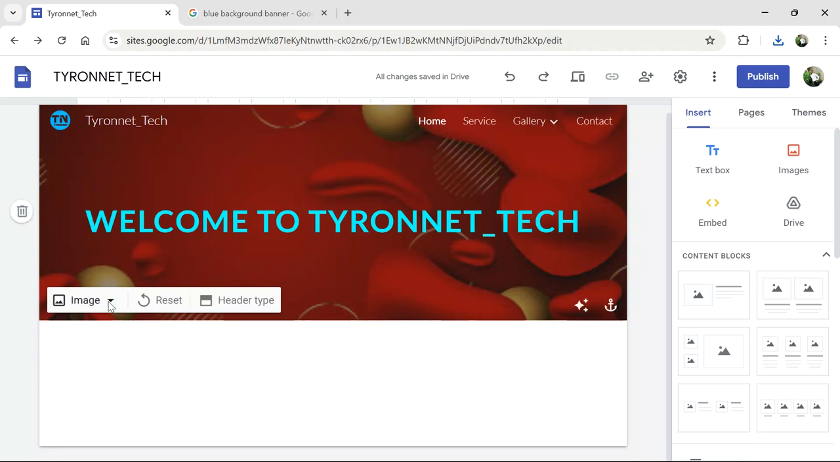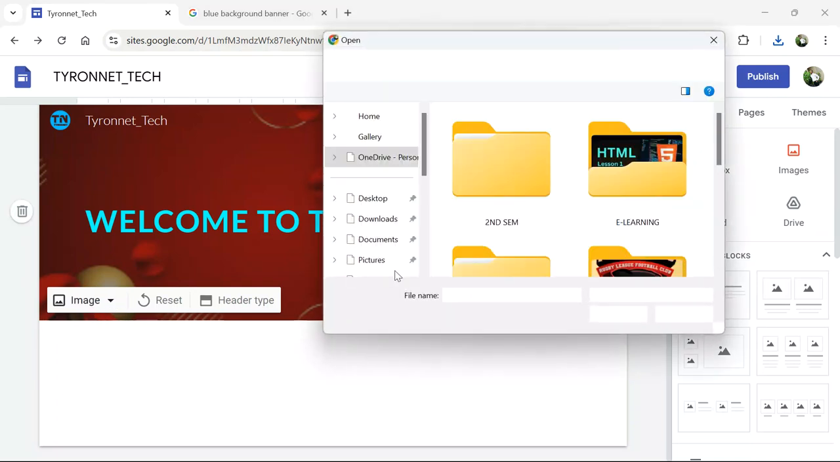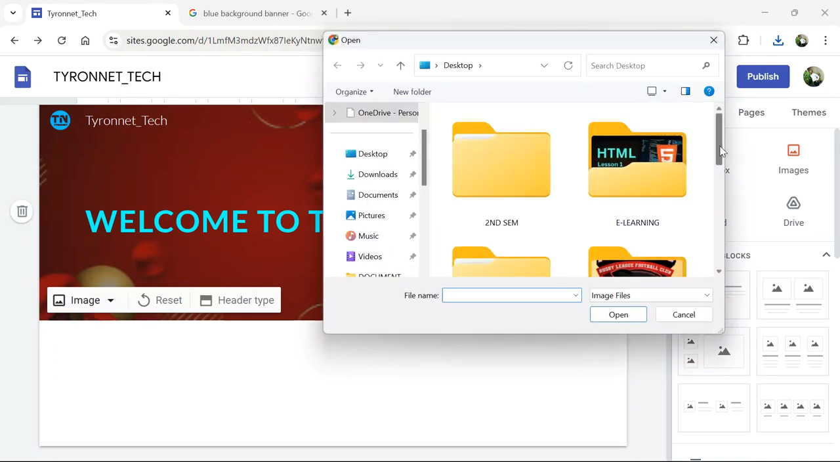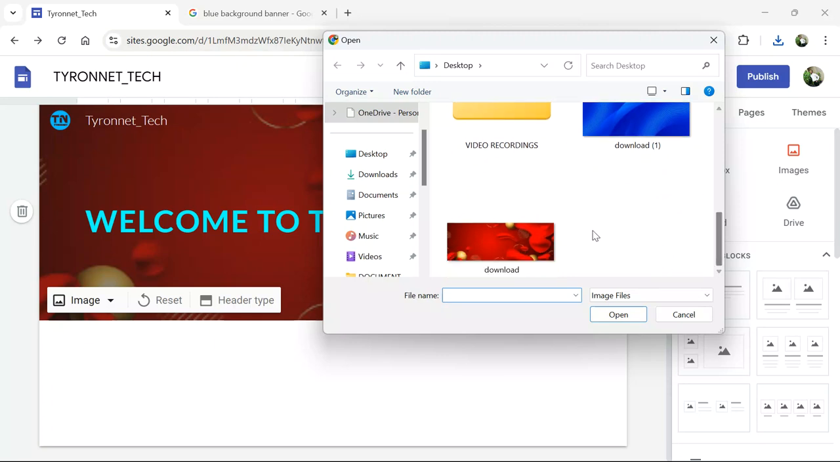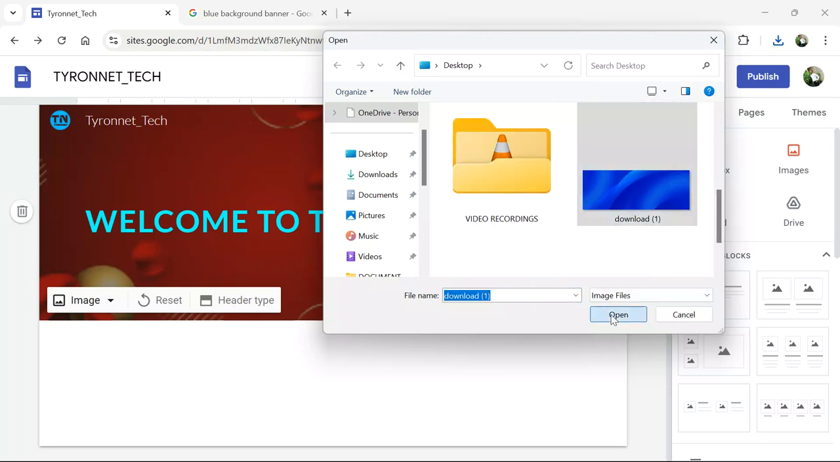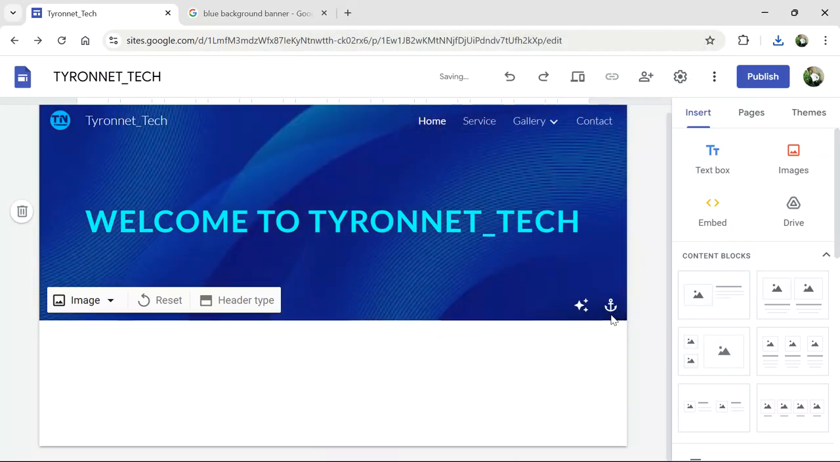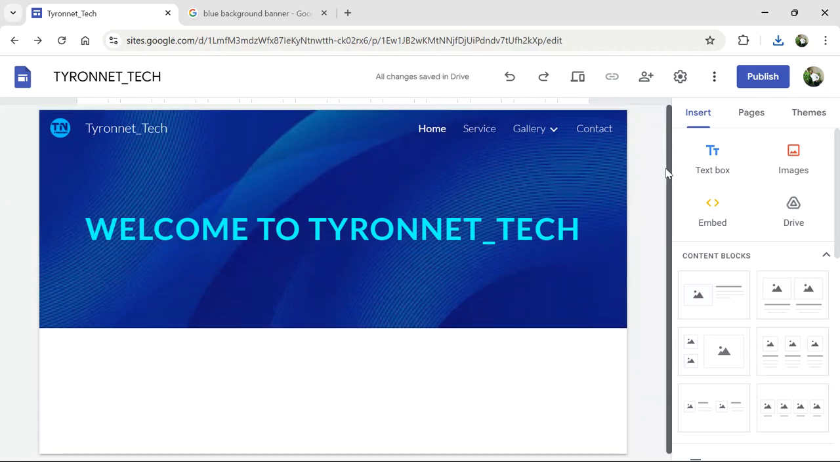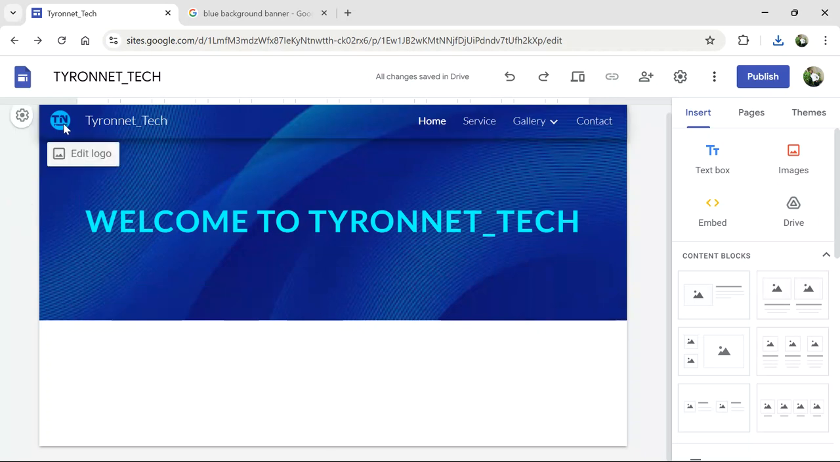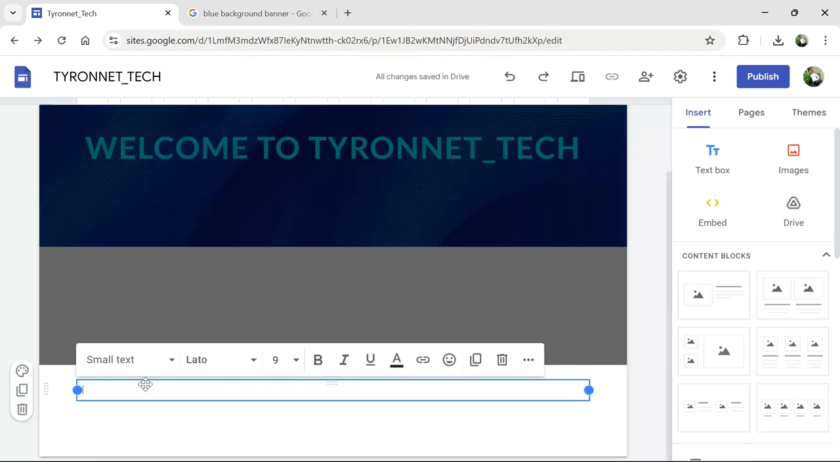Upload. Blue. Okay, I think this is fine. I will go for this one. So I have set my logo, my name, set my page, and then my banner. Now let me come down. So here we have the footer. So let's set the footer. So the footer is like designed